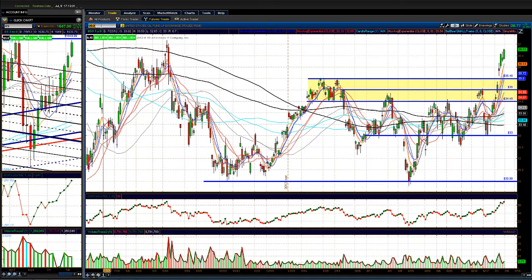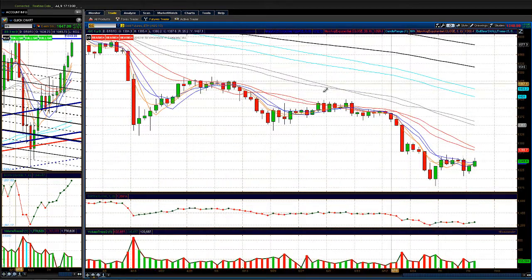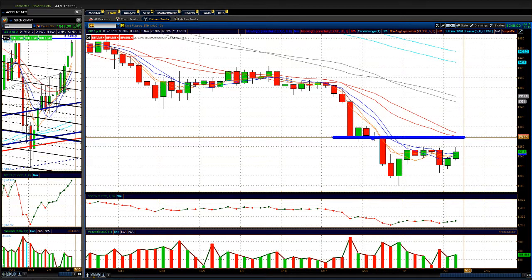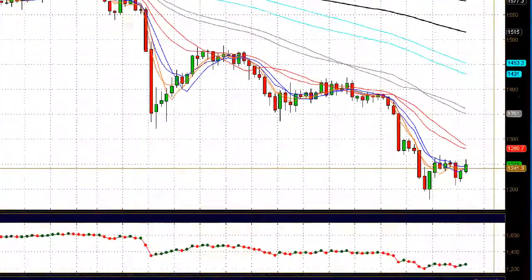All right, so let's take a look at gold. Gold had a little update today as well. Was up about 14 bucks or so, and it's trying to get back above this 1260 here. If we can get above 1260 and then get above this 1278 level, which comes from this little breakdown of resistance, which also lines up with the declining 20-day moving average, which we've been hanging below for quite some time now. If we could get above that and stabilize above that, that would be a good sign that gold is going to try to possibly make a bounce back up towards those